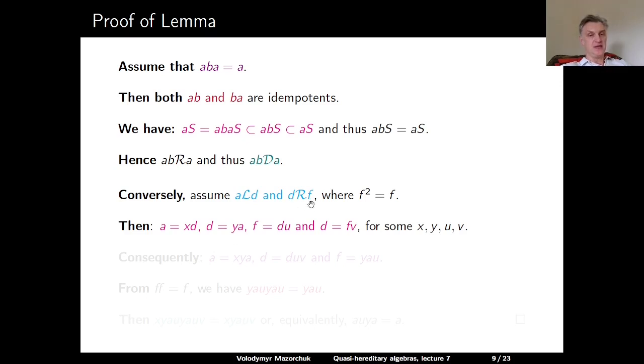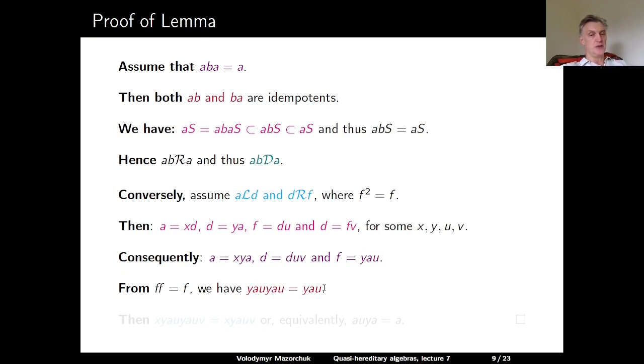And since D is right equivalent to F, we can write F as DU and D as FV for some U and V. Consequently, we have that A is equal to xyA and D is equal to DUV, and also that F is equal to yAU from these equalities. Now, the fact that F is an idempotent means that F squared is equal to F, and since F is yAU, this is equivalent to